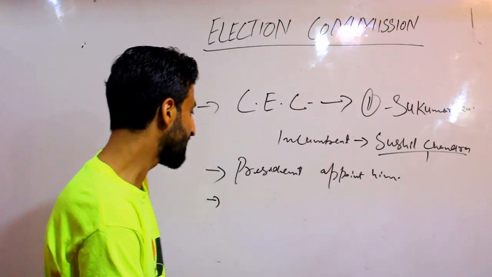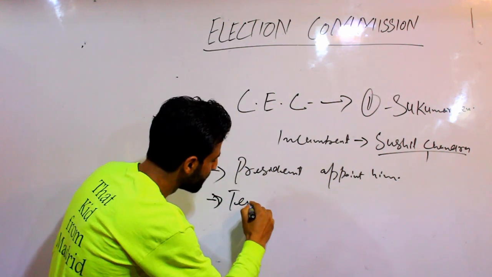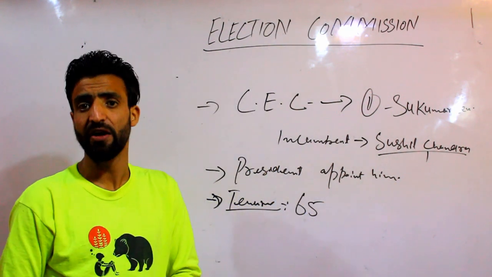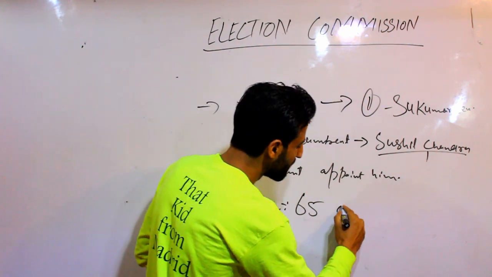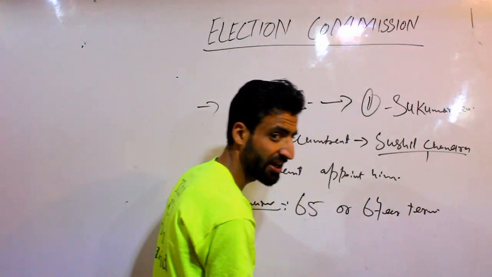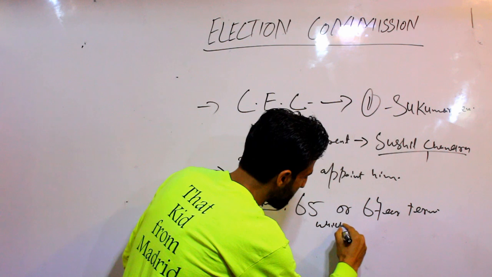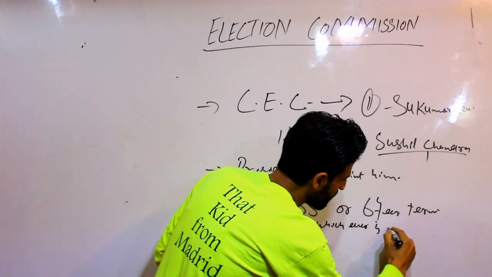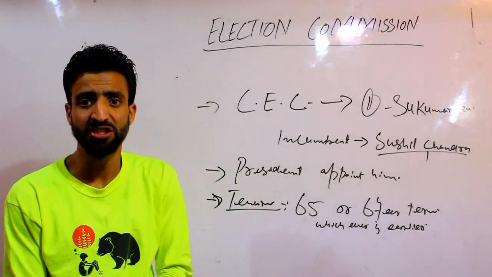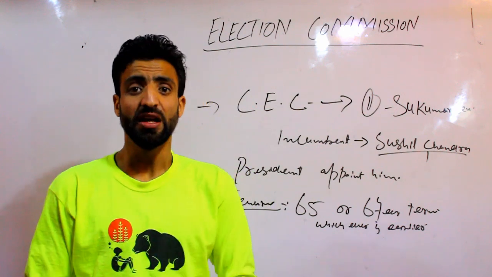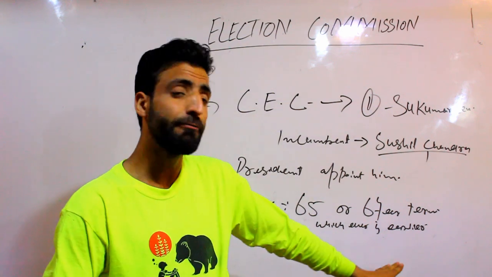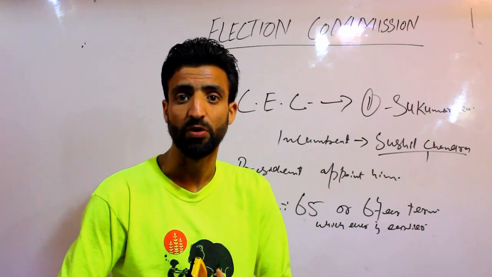तो इनका जो टेन्योर है वो है either 65 years of age once they have attained 65 years of age, or 6-year term, whichever is earlier. इनमें से जो भी पहले आएगा उसी से डिसाइड किया जाता है। एक है once a Chief Election Commissioner attained age of 65, तो he has to retire, or if he had completed the 6-year term, उसको रिटायर होना पड़ेगा, ठीक है।